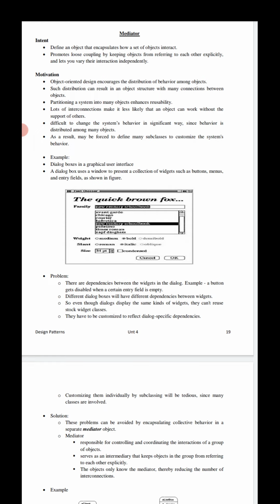In the worst case, every object ends up knowing about every other object.